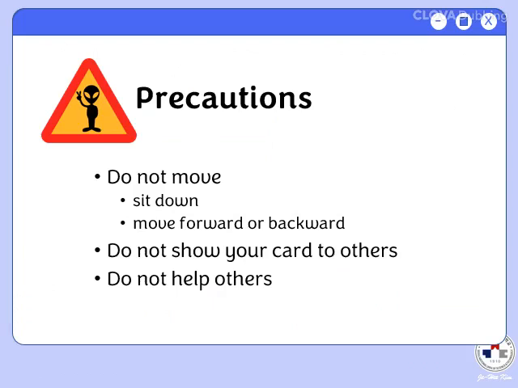Here are some warnings. Never do anything other than what is mentioned in the game. Sometimes, to make it easier to see who is in the linked list, you may sit or move around, but points will be deducted. And do not show your card to anyone except to compare your number with the number you have been called. Any action by other students to help, other than the student who must act now, is cheating and will be deducted. This is the end of the explanation of the game.